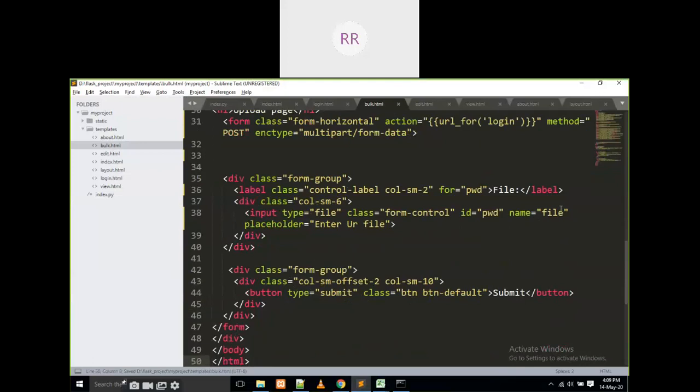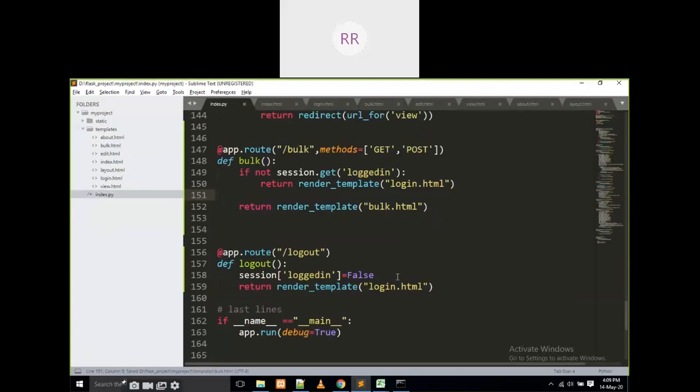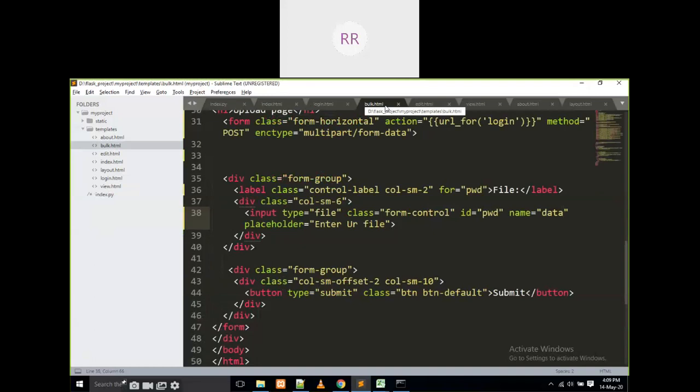Now the name is file. For example, I'm going to write some data here. File control, zoom in. Okay, it is showing login, right?